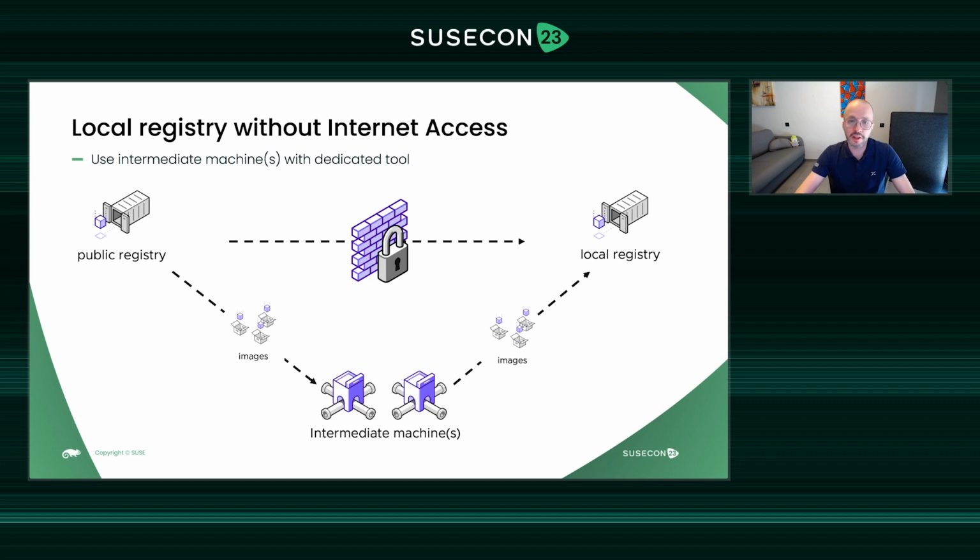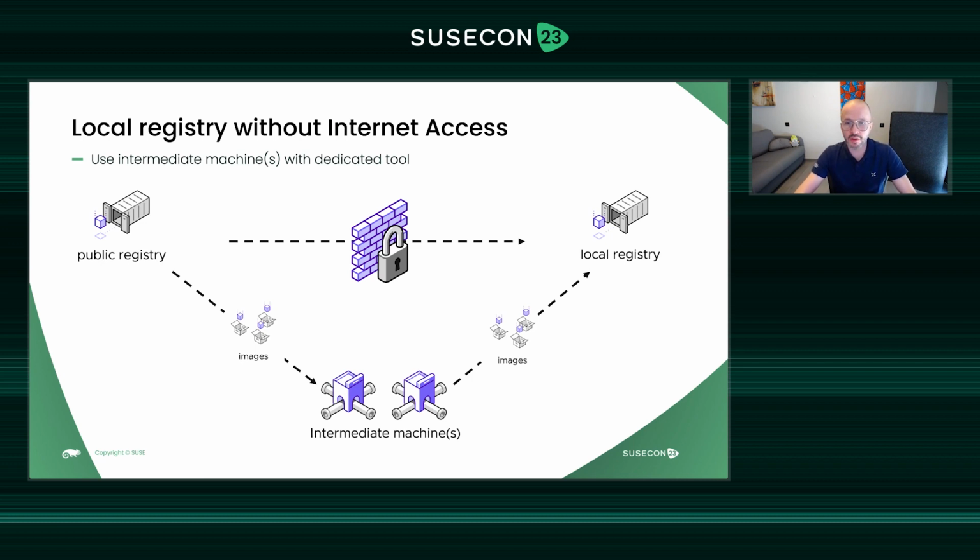So globally, for this intermediate machine, we will use one or two depending on the security rules, but the goal is, from one side, to pull images from the public registry, and from the other side, once you have pulled the image, to store them inside the local registry. If you have a laptop, maybe, and the expected permission, you can do that with one unique computer, or sometimes you need to use a USB key or some storage device to pass the images from machine 1 to machine 2 before storing them inside the local registry.